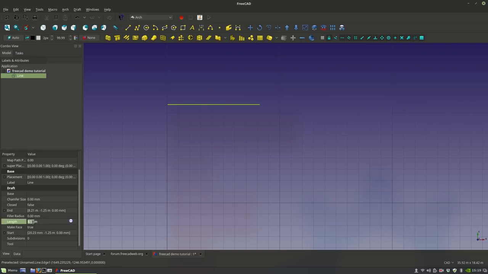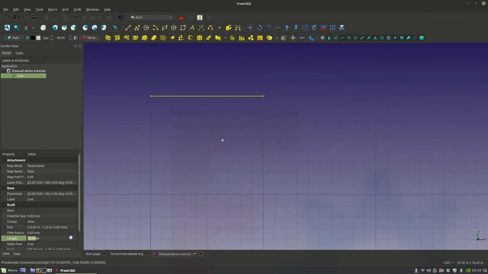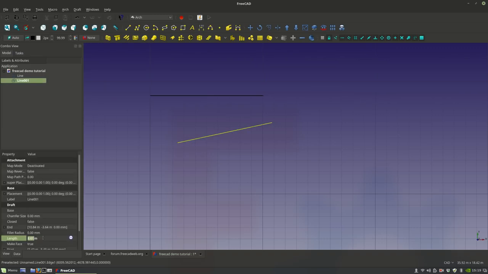I can say I want it to be 10 instead, and you can see it did update it, and so now I have a line that is 10 meters. So that's very easy to control the length of any line anytime. So I select this line and I want it to be 20 meters, right? So I just enter the 20